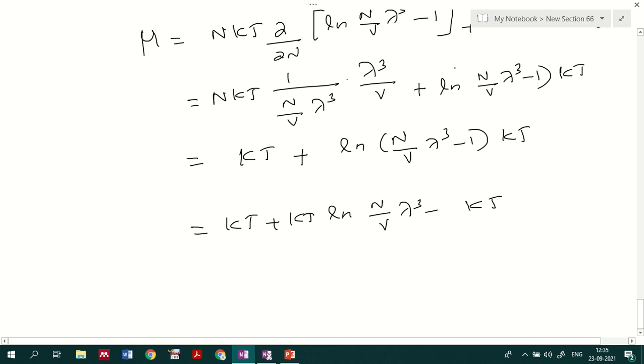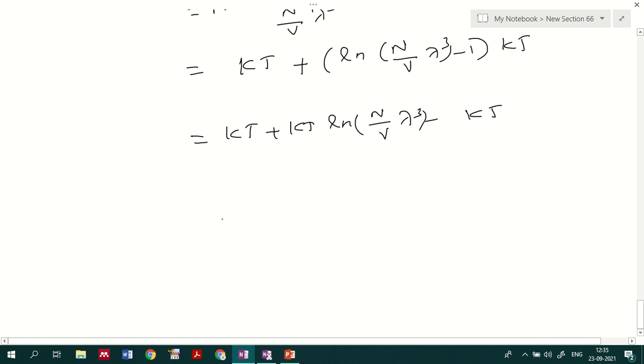Okay, so this is corresponding to this, right? And similarly here also, so here I have to put a bracket, so then only it will be clear. Now if I do so, this is corresponding to this one, and the representation will be like this. Then kT and kT get cancelled here.